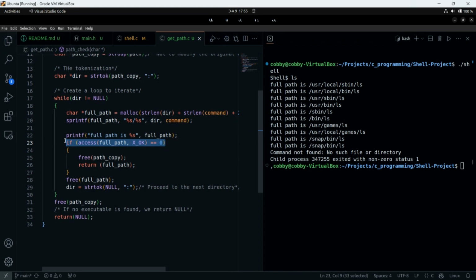So let's comment this out. And then that means all this becomes invalid. So let's comment this out. Let me use the right commenting so we don't have any problem.